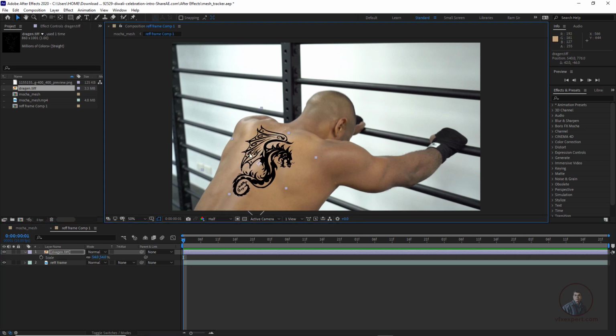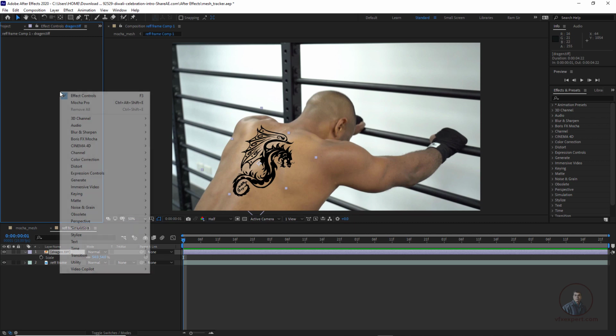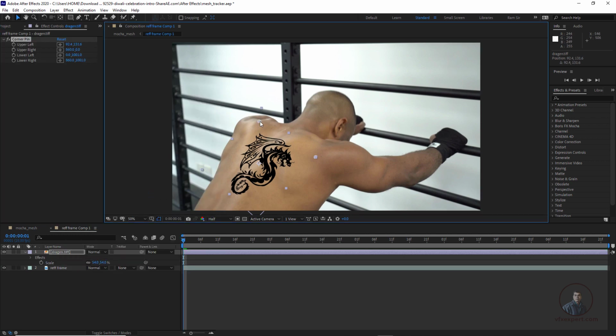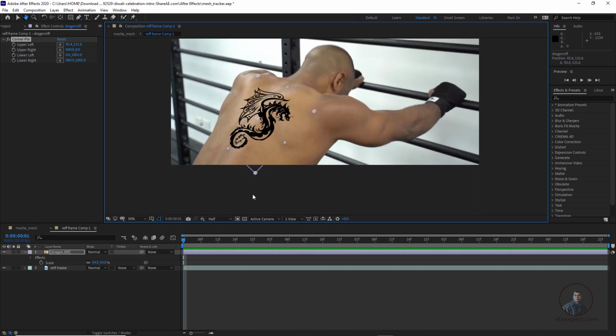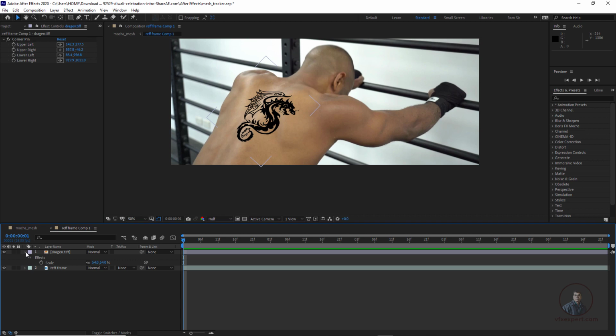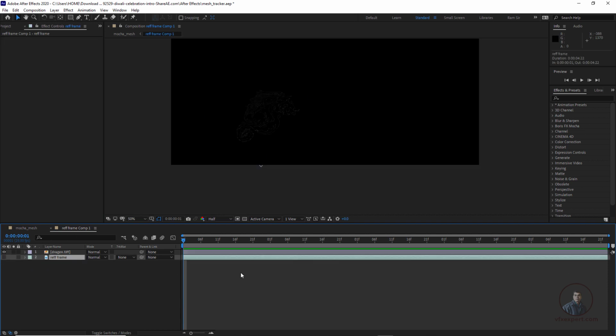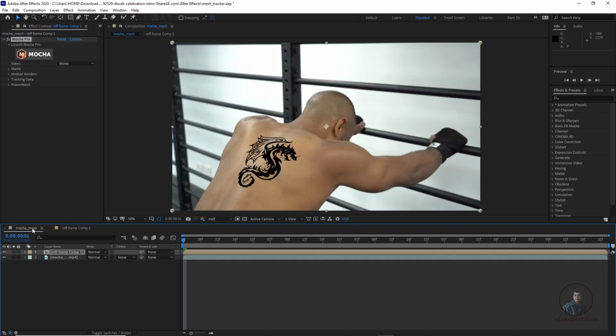Suppose if you want to adjust the perspective a little bit, then you can apply corner pin: select this layer, Distort, Corner Pin. Now you can adjust according to this perspective. Then finally hide this one, because this is only for reference. Now hide this one, again come to our main composition.